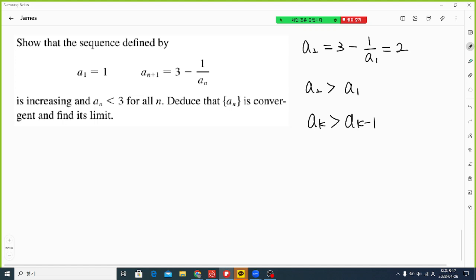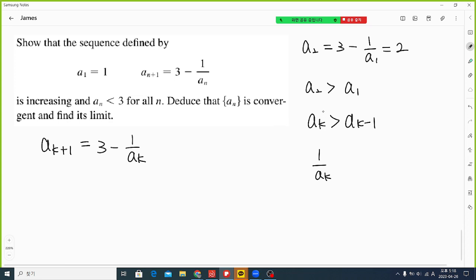That means, and then the k plus first term, if we use this formula, and because we assume this, if we make the reciprocal,